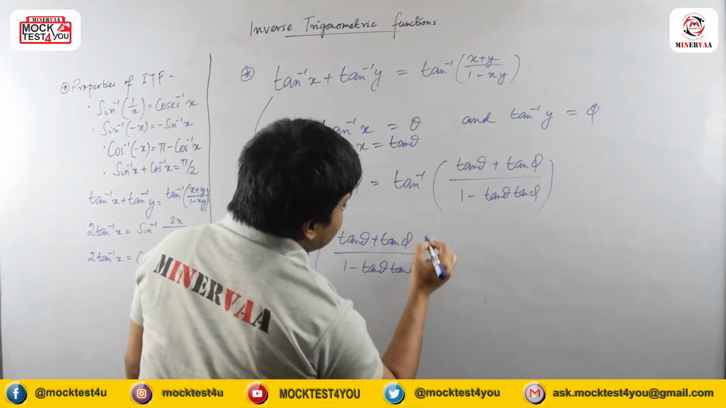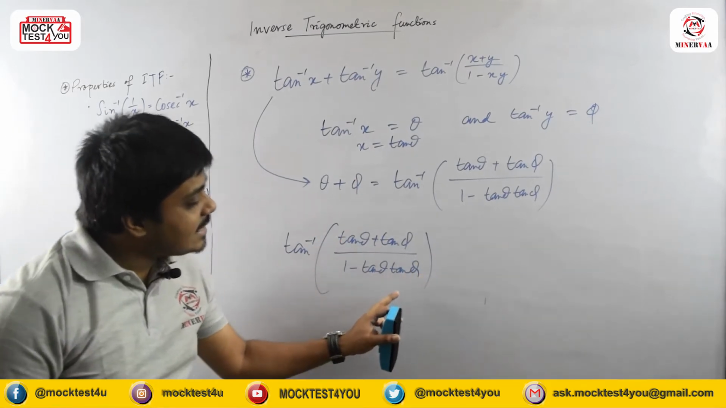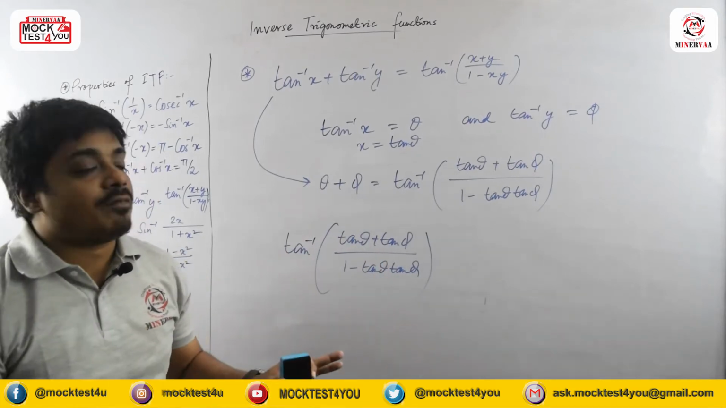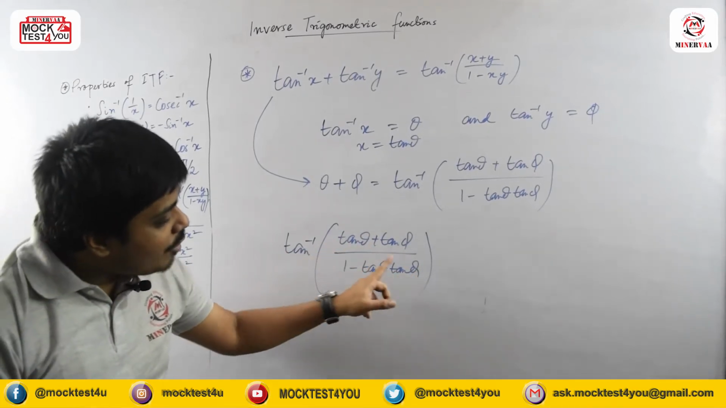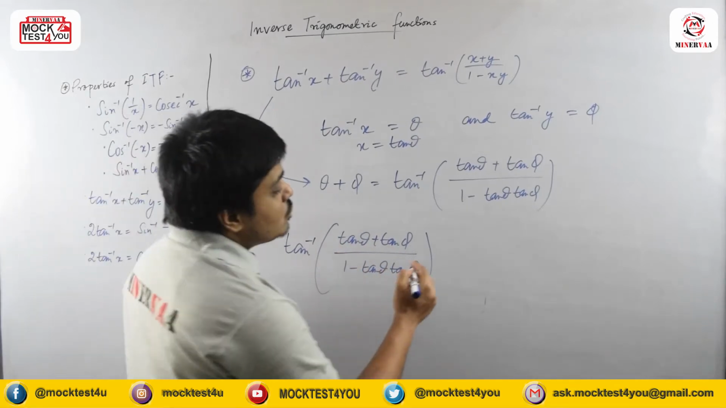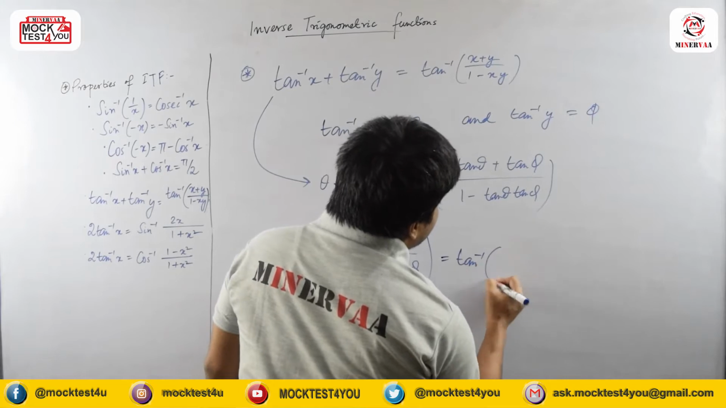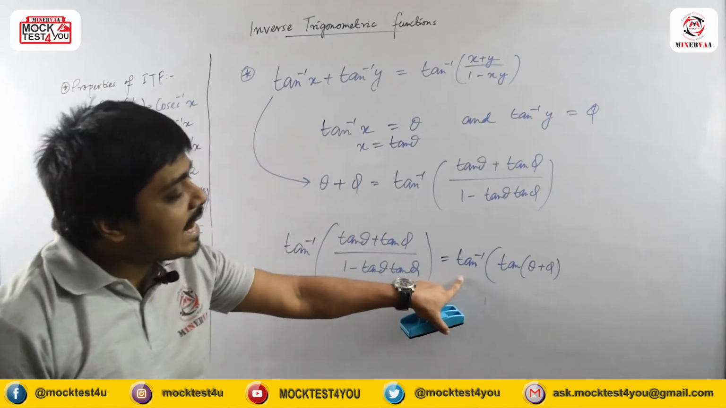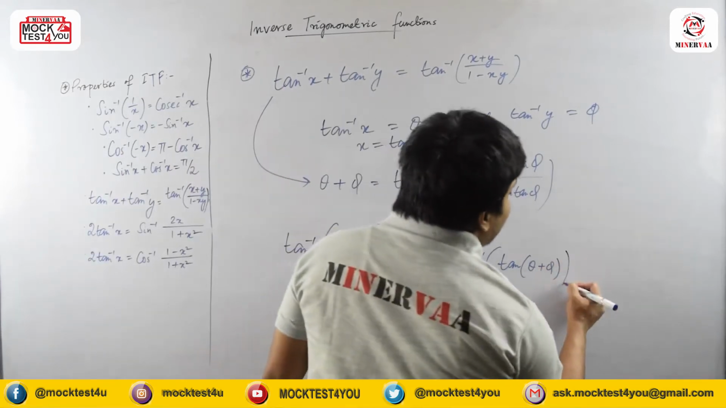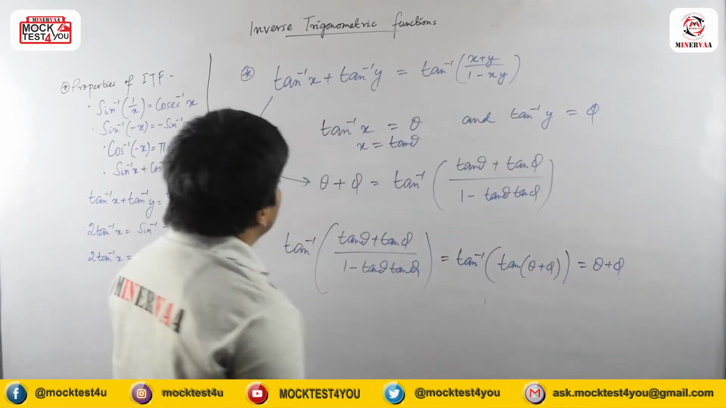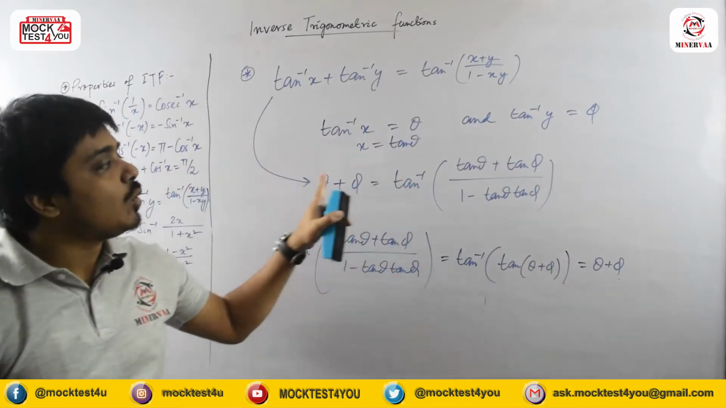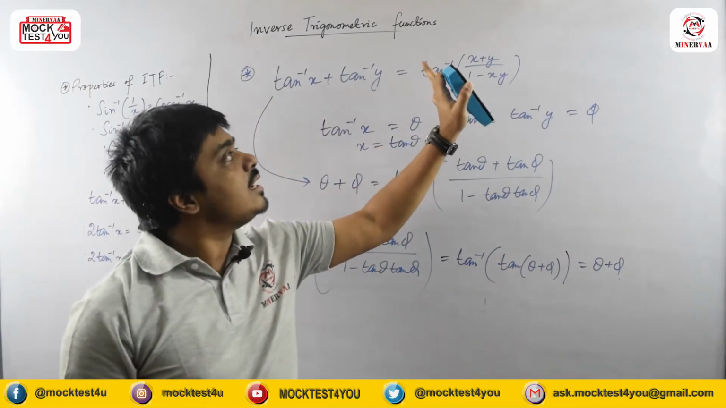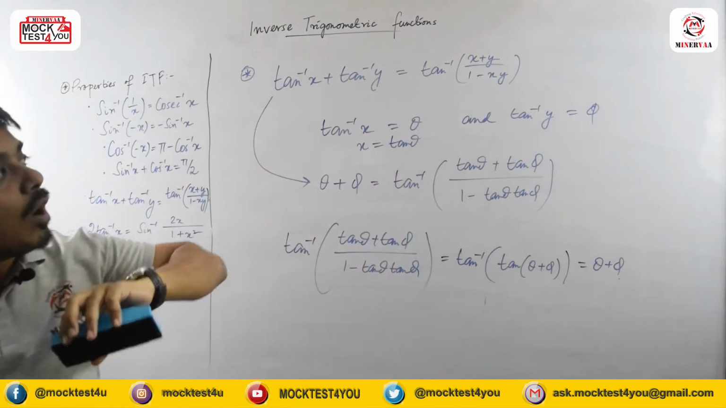And whose formula is this? We can directly see that this is the formula of tan of (theta plus phi), or tan (x plus y). We have learned this formula before. So I can write this as tan inverse tan of (theta plus phi). Tan inverse and tan will go away, and what we have is theta plus phi. And that proves it. So tan inverse x plus tan inverse y is nothing but tan inverse of (x plus y) divided by (1 minus